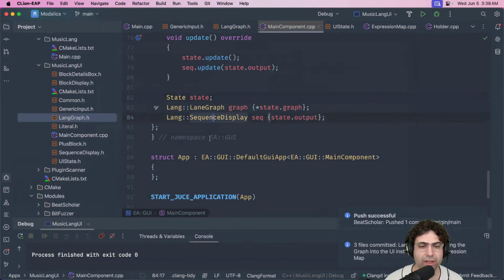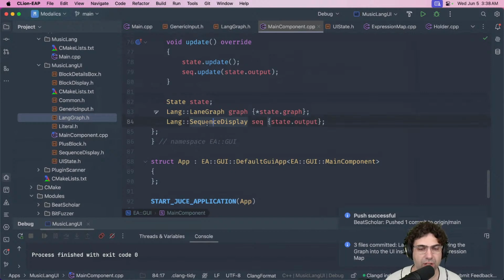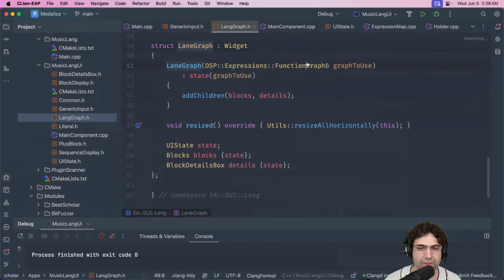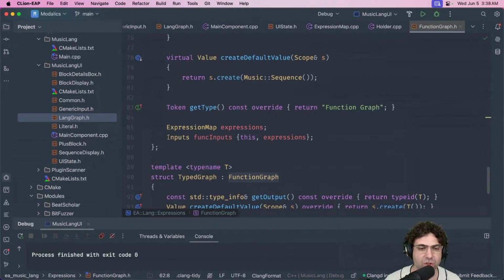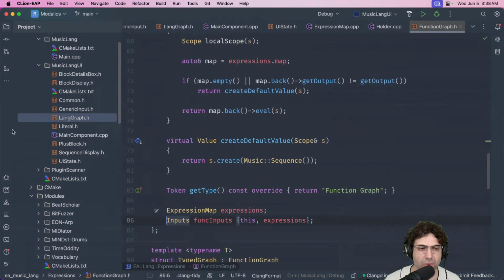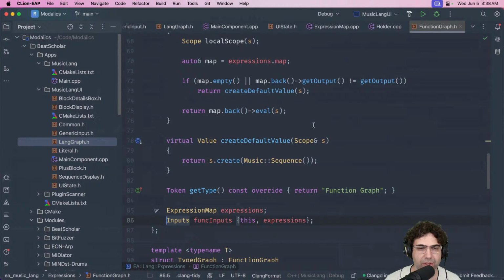What I need to do now is start displaying things about this graph. So now this graph, when you think about the state of it, it has this thing called inputs. Now that I realize that I'm doing this, why don't I clean this up a little bit too so that it will make more sense?